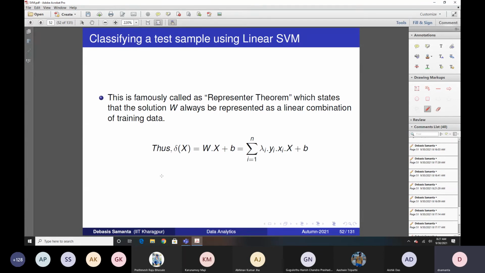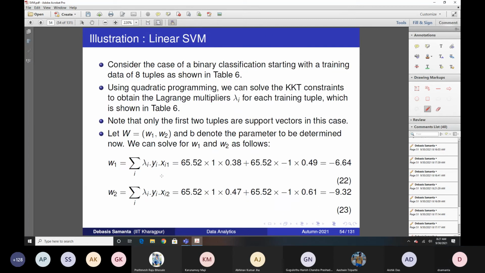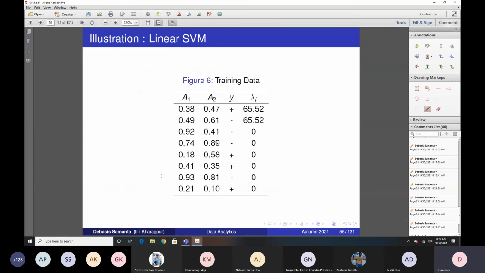Now let us have an example so that we can understand this concept better. I can tell you one example. It's a very simple example. Let us consider this is your training data that is given to you. Your training data consists of 10 records, and all these records are two-dimensional data. So these are the values. This is record 1 and this is the 10th record, and so on.